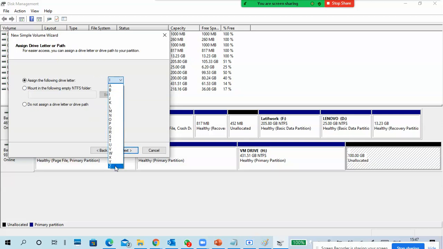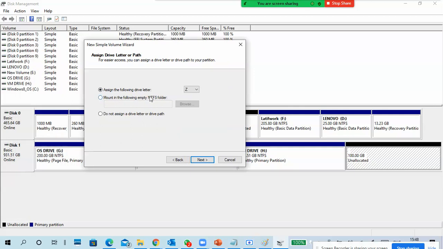It is asking to assign a letter. See, if you scroll up and down, A is the first one and Z is the last one. You don't get any other things. Taken is already taken. Assigning following drive letter. That's why I said every screen you do, just read it. So then you will know something. You know something someday. It is very useful for you.